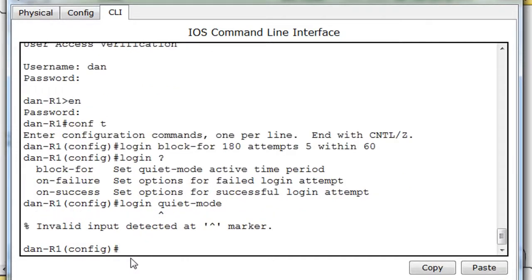And it doesn't see it. But this is not available on every router, but there are two additional modes that you can use that will control how blocking happens for the router. There is, if your IOS supports it, a login normal mode, and there's also a login quiet mode. And the quiet mode will allow the router to block all access to the router except for an access list